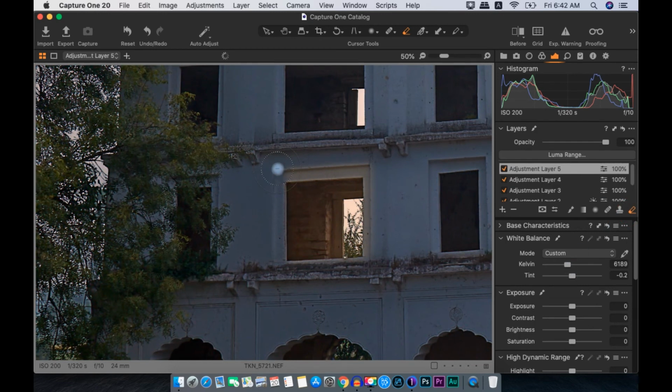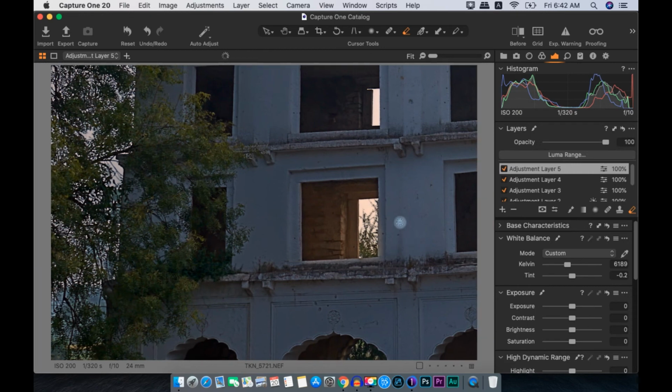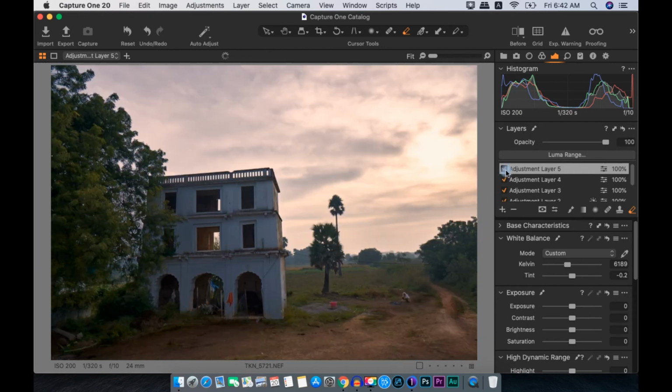And let's take the eraser and remove this selection. Let's see how it looks. Little too much, so let's reduce. Yep, this is more realistic.